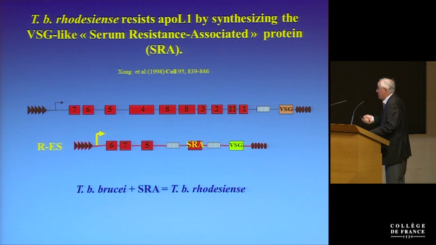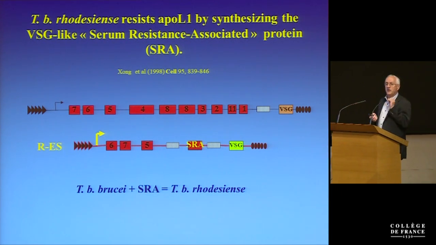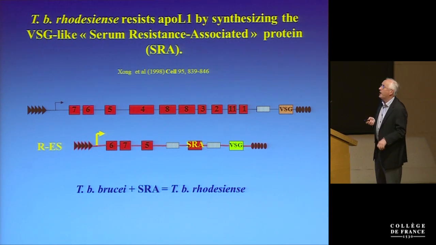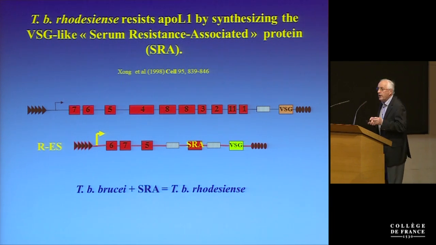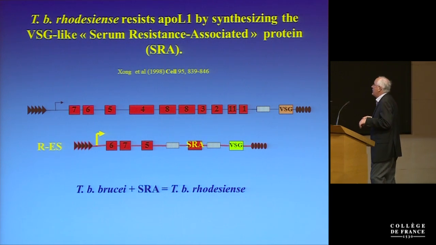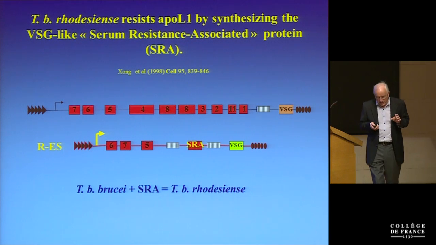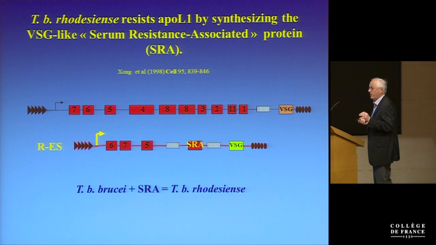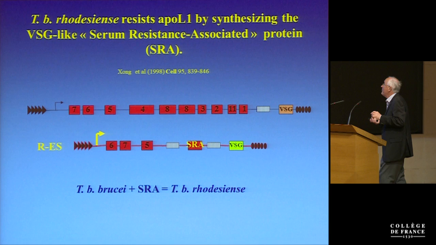Okay, so let's be clear that this parasite is not constitutively resistant to TLF. In vitro, you can readily lyse the parasite if you put it in human serum. It can acquire the ability to resist TLF, so it's inducible. And in order to understand the mechanism which is at play here, I have just to give you a few words about the mechanisms of antigenic variation, very, very briefly, just enough to understand here.